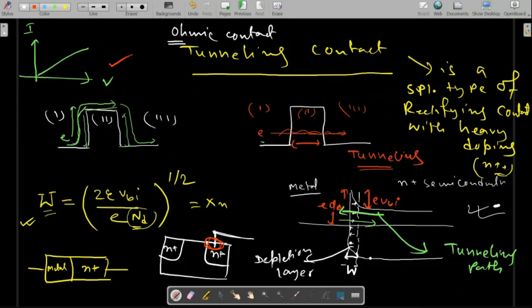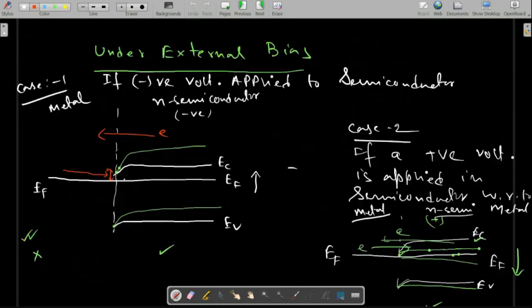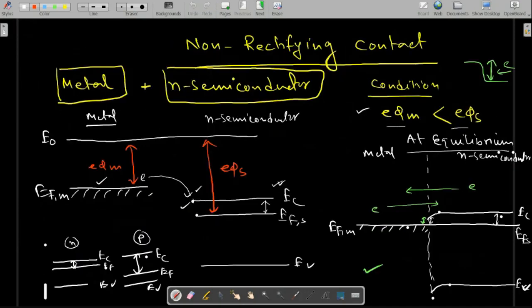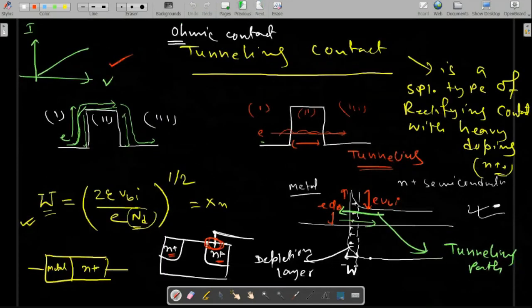So that's why in semiconductor devices, whenever you are going to put a contact, there is a heavily doped semiconductor region. Not only MOSFET, you can check any other semiconductor device, the contact region is basically heavily doped semiconductor, so that it will show the linear IV characteristic. There should not be any potential barrier. So we can handle this problem, the problem of non-rectifying contact. We want this, but it's very difficult to achieve. So we can achieve this by using this tunneling contact.